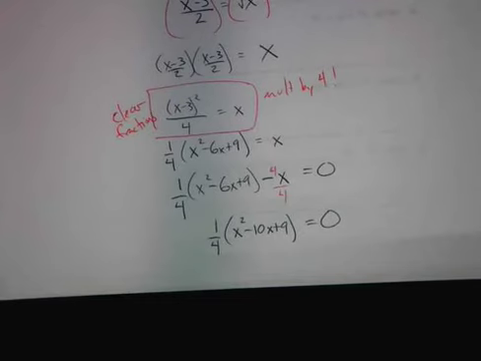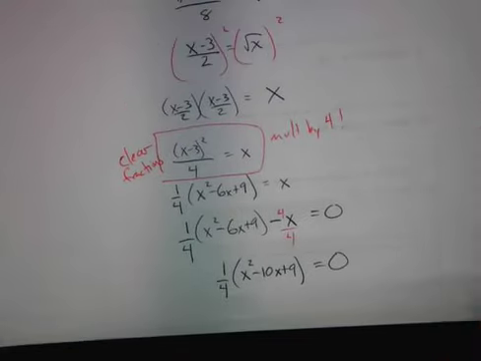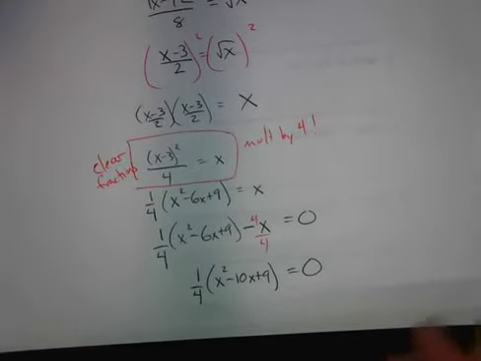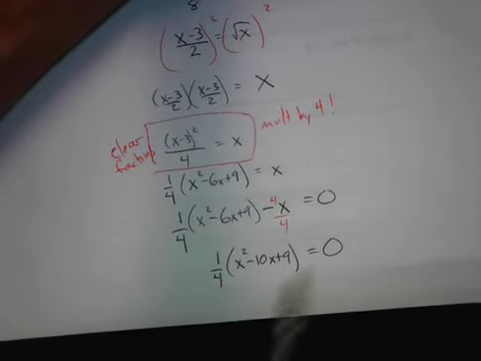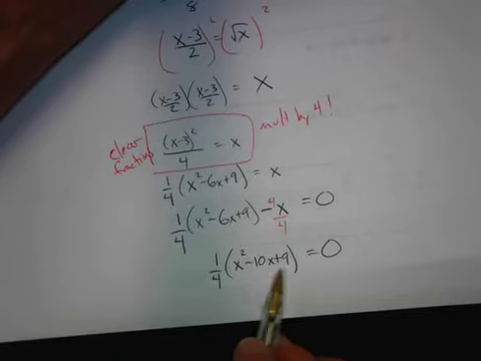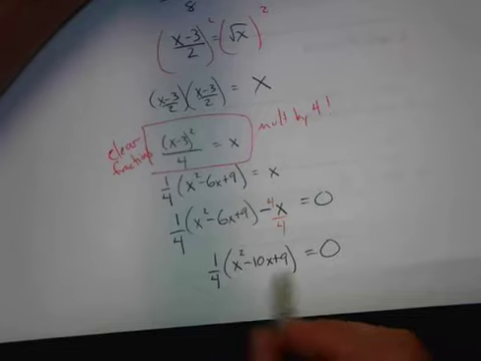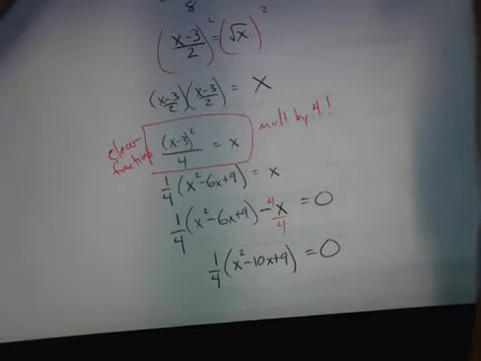Just don't give up. Whatever you do, don't look at the fraction and say, oh, I don't get it, I'm done. Don't do that. There are things that we can do to make life easier. Now that we have this, we can multiply both sides by 4. We can just factor this and use the zero product property. Either way,